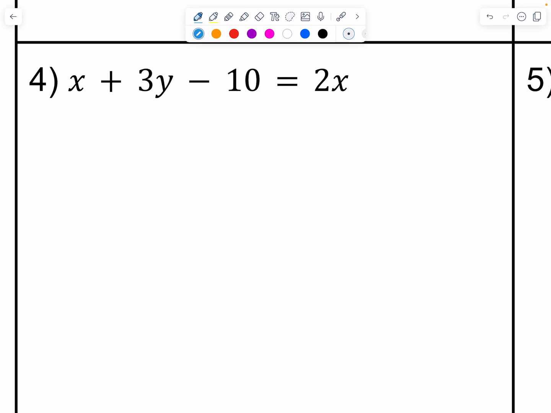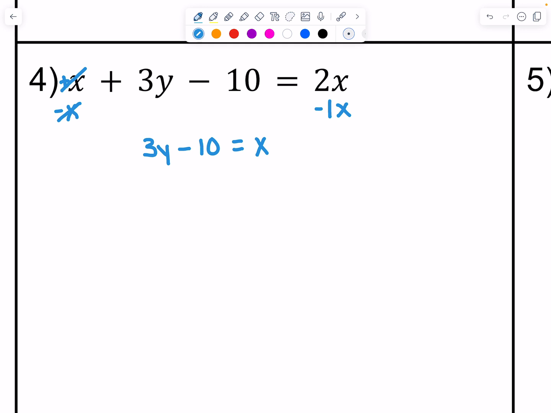So it's a positive x because it does not have a negative out front, so we want to subtract it. So let's just do that first and bring down everything else. So positive x plus negative x adds up to 0 or cancels out, and we have 3y minus 10 is equal to 2x minus x. And if you need to, think of it as a minus 1x and put the understood 1 there if you need it. So 2 minus 1 would just give us 1x,